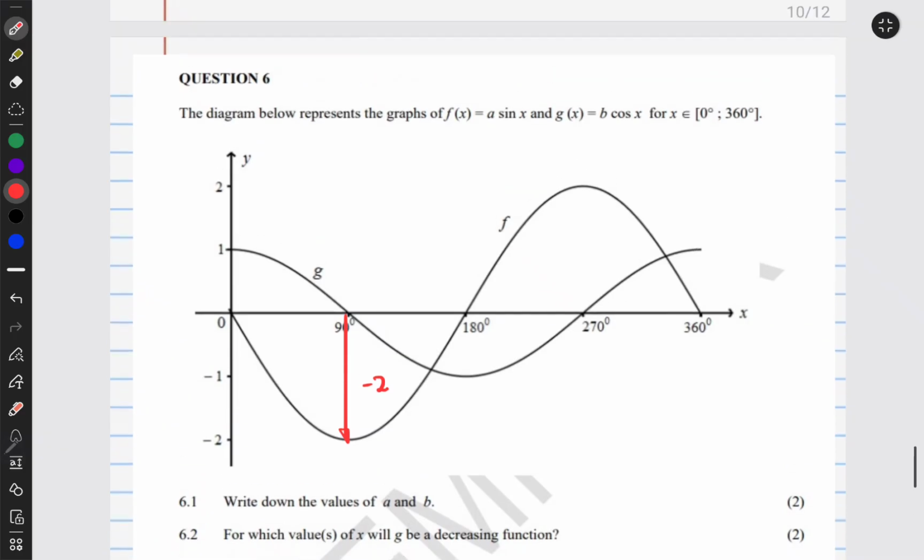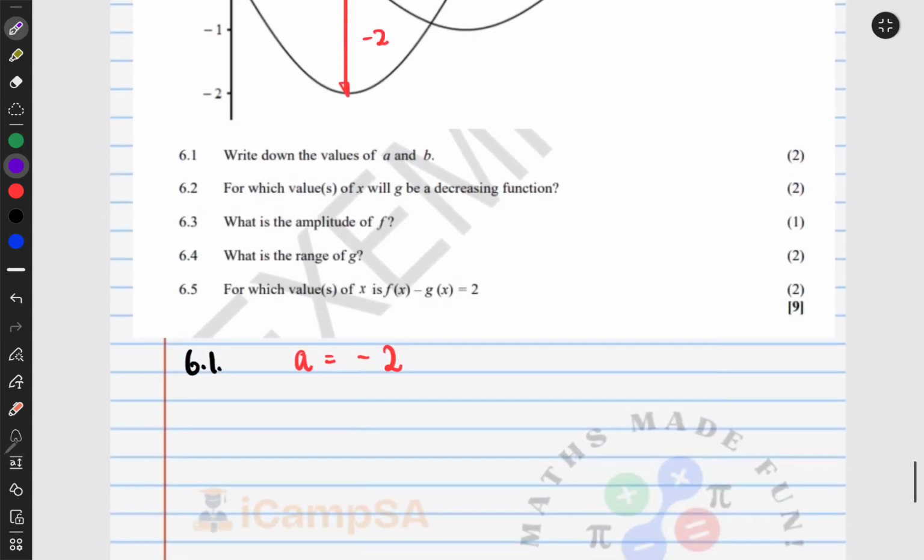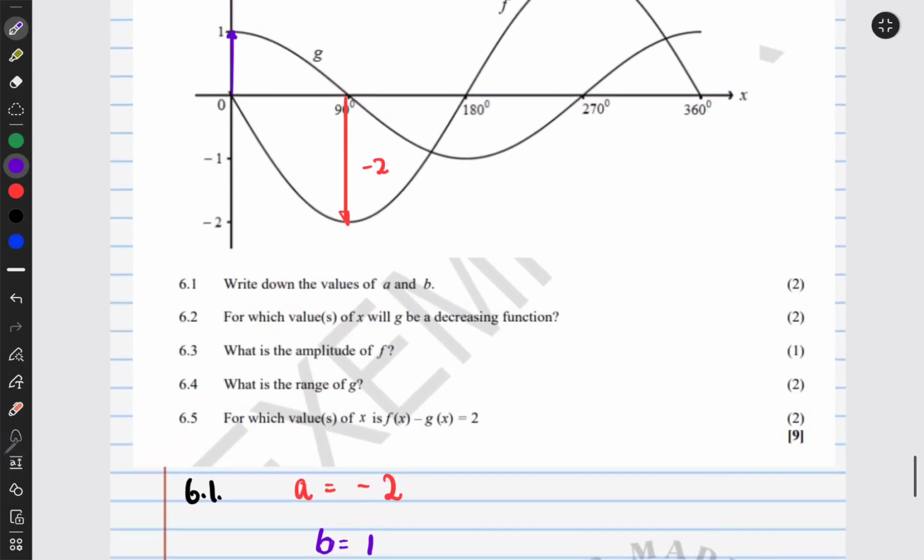and then b is the distance from the baseline of the function to the maximum or the minimum point. It depends on which side we start with. We start here on the positive side, so the maximum point is 1 there. This line is our baseline for the function, so the value of b is going to be 1. So we say b is equal to 1. Okay,